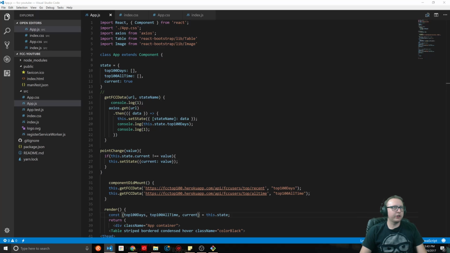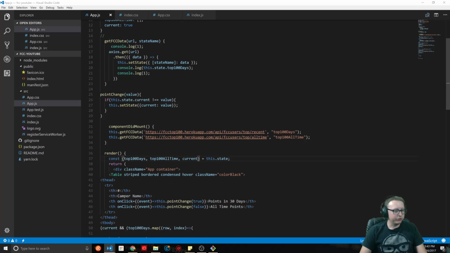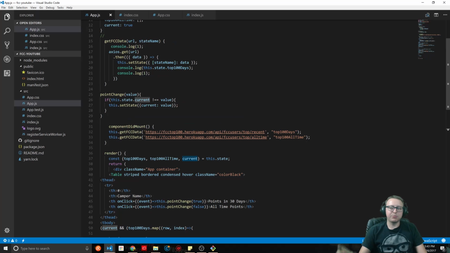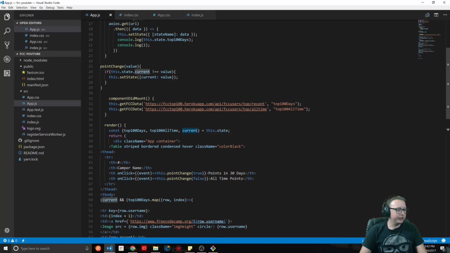All right, so how do we use that? If you're not familiar with Font Awesome, we're going to do it exactly how we did this. We're just going to throw essentially an if statement in there and display an icon if it's true or if it's false. Right here, we're just going to put a little space, and we're going to say current, so if it's true. Oops, we need our curly braces, my apologies. If it's true, we are going to output